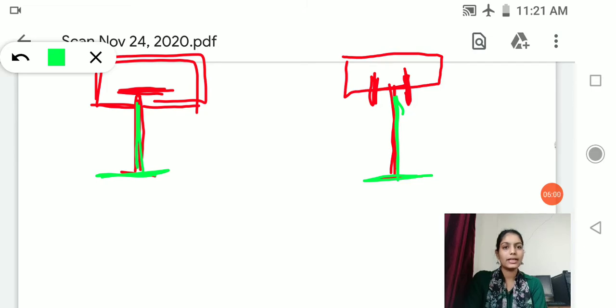What I said, it may get rotated, right? And this rotation is called a twisting moment developed inside the web of a beam and the lower flange.